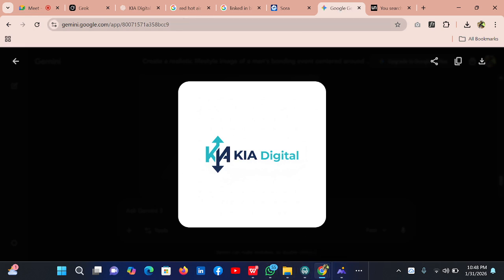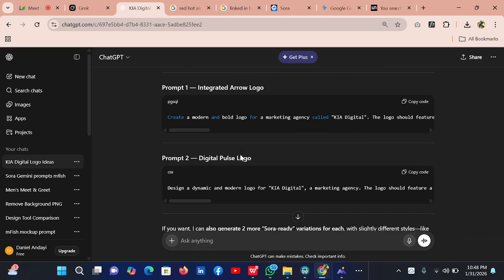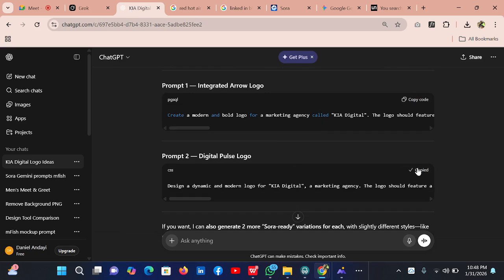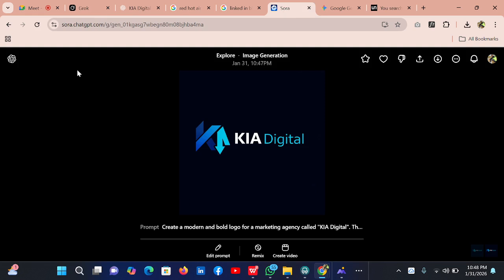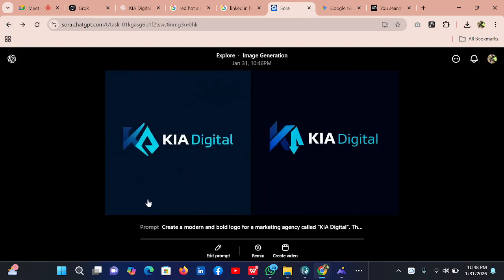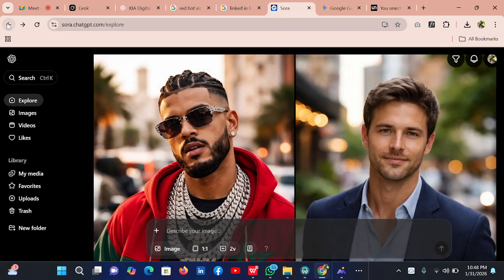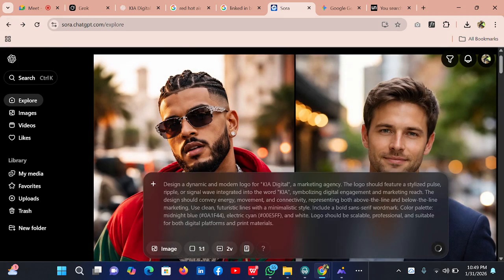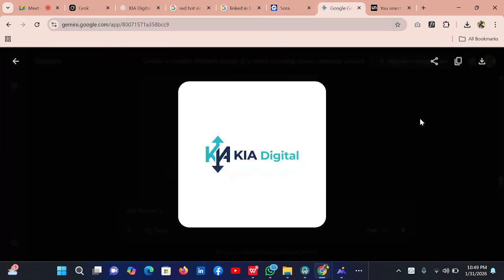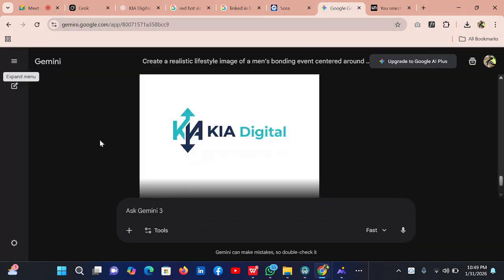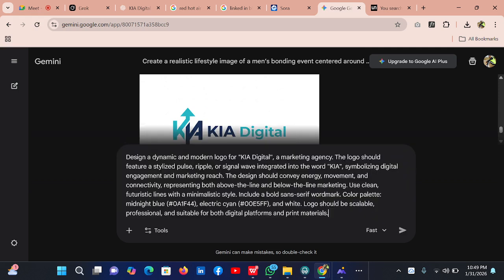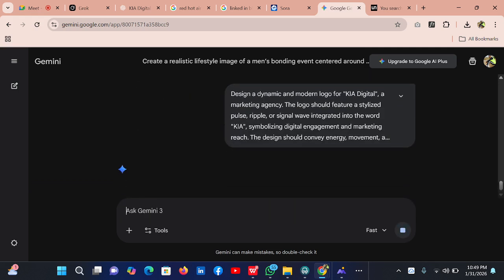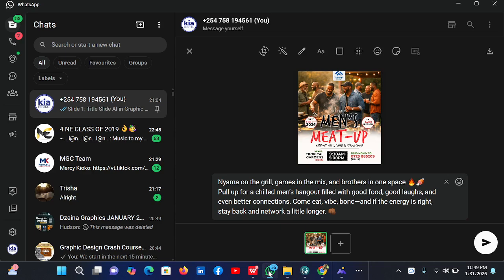Let's look at the second example. Copy code. Let me take it to Sora, just to show you what AI can do. We are still in the ideation or idea generation stage. Ideation.